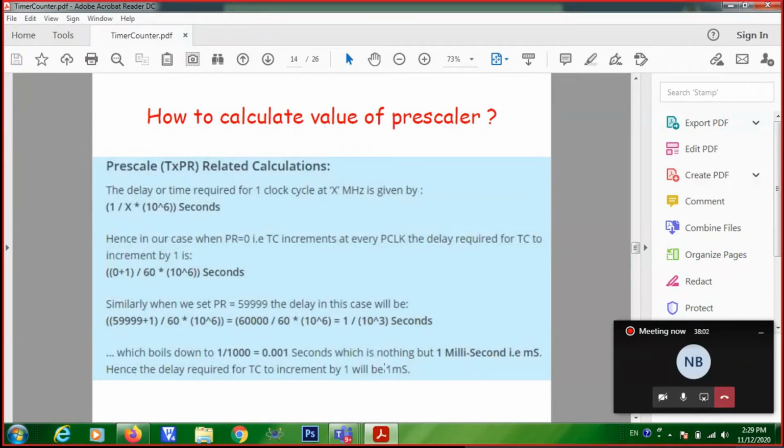If you want to configure the resolution as 1 microsecond, what change will you make? If your prescaler register is 59, then the equation is 59 plus 1 into 1 by 60, that will be 1 microsecond. So by configuring the prescaler, you are actually configuring the resolution of the timer. Configuration of the prescaler is a very important step.